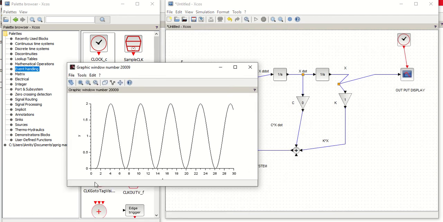Yes. So here we can see the continuous sinusoidal. This means if I applied one step input force, how the system is going to behave, only moving in the up and down direction.